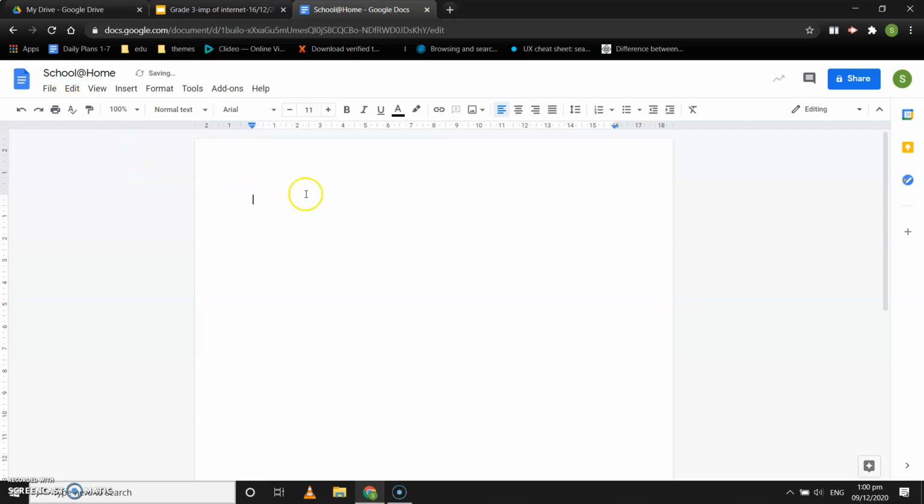Now what you need to write in the Google Doc. You will first write the heading. For the heading, you can increase the font size if you want to. You can increase the font size from here. It's okay if you don't increase the font size also. Just put the heading,